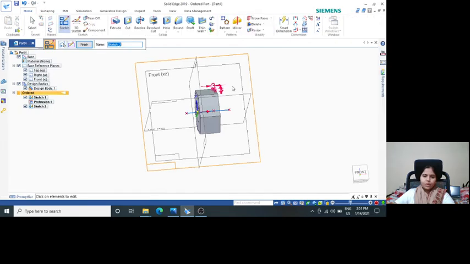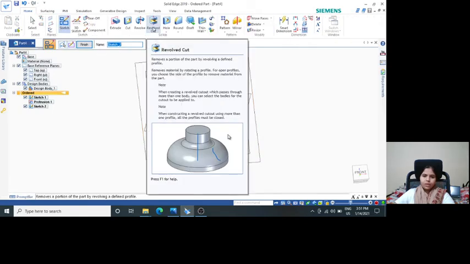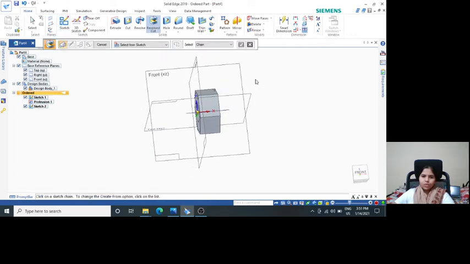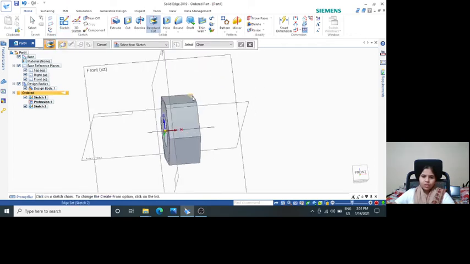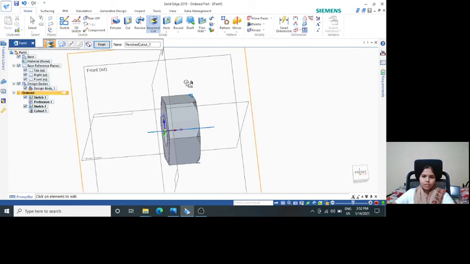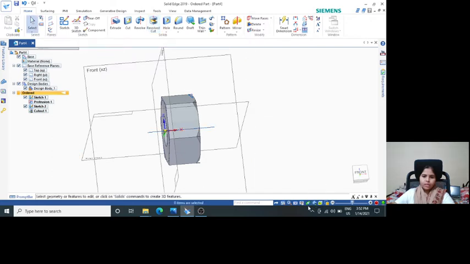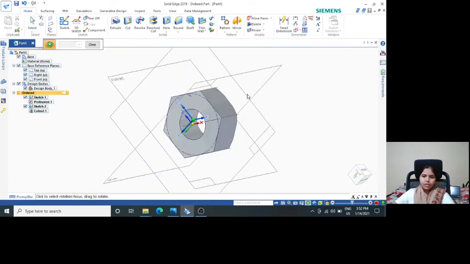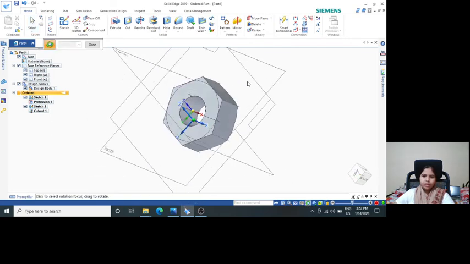Now what we will do is, you have to do the revolve cut. For the revolved cut, select from the sketch, click OK, and then let us select this and click on this revolved cut, that is 360, and finish. Now once it is done, cancel it. If you rotate and see this, here you have a